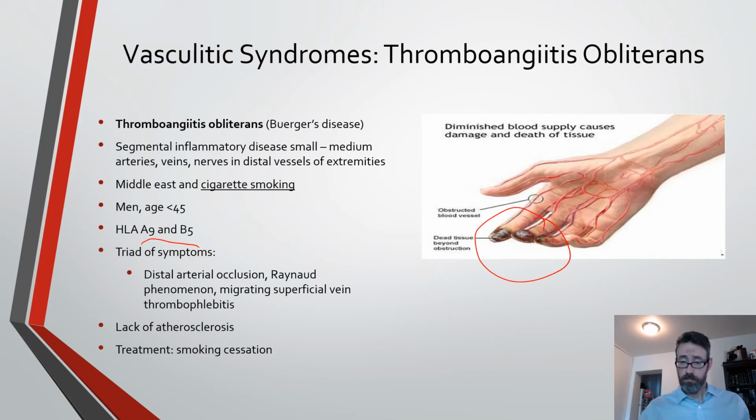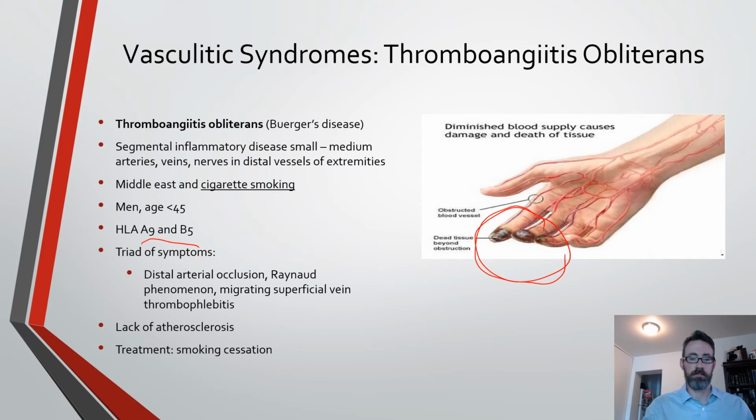For example, this is generally found in patients who are male, under the age of 45, Middle Eastern, and cigarette smokers. I underline cigarette smoking because that seems to be the trigger, and they're usually associated with human leukocyte antigen, or HLA, A9 and B5. That's what this cartoon over here is showing you in these distal extremities, like the fingers and toes. You can actually have tissue that becomes ischemic or even necrotic from severe constriction secondary to